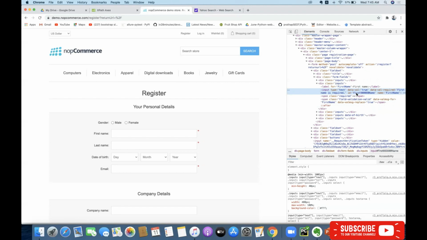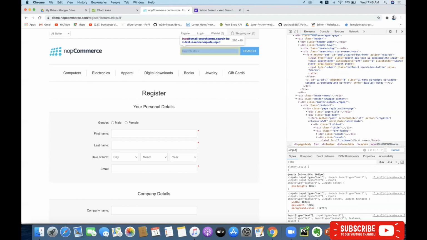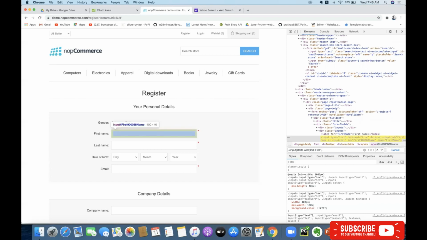I am sure that my ID is going to start with the word first. So I'm going to write double forward slash input, then starts-with parenthesis, at the rate of ID, starts with the word first, and then close the parenthesis.